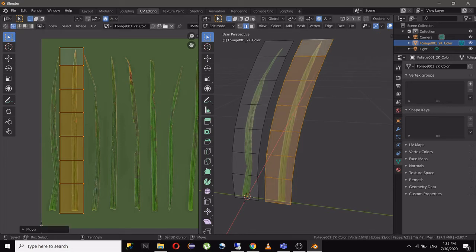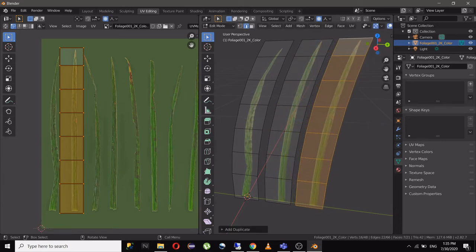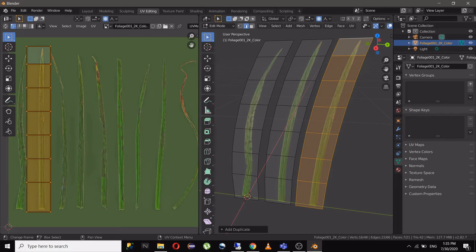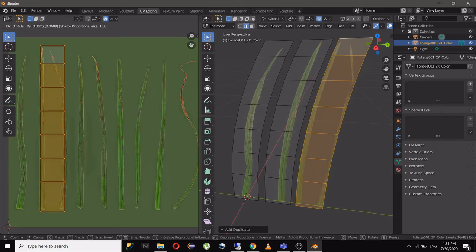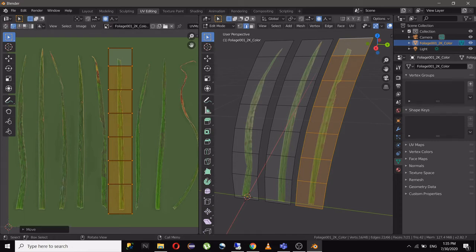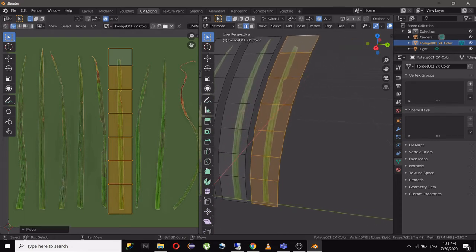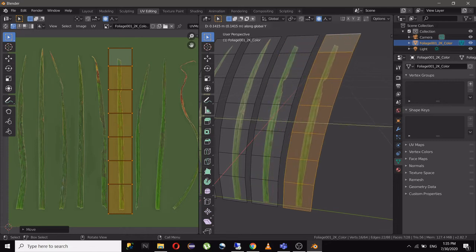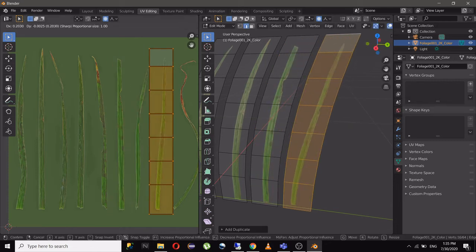We can now make multiple variations of it, whatever you like. This is okay, and I'll duplicate it again and I will move it over here.